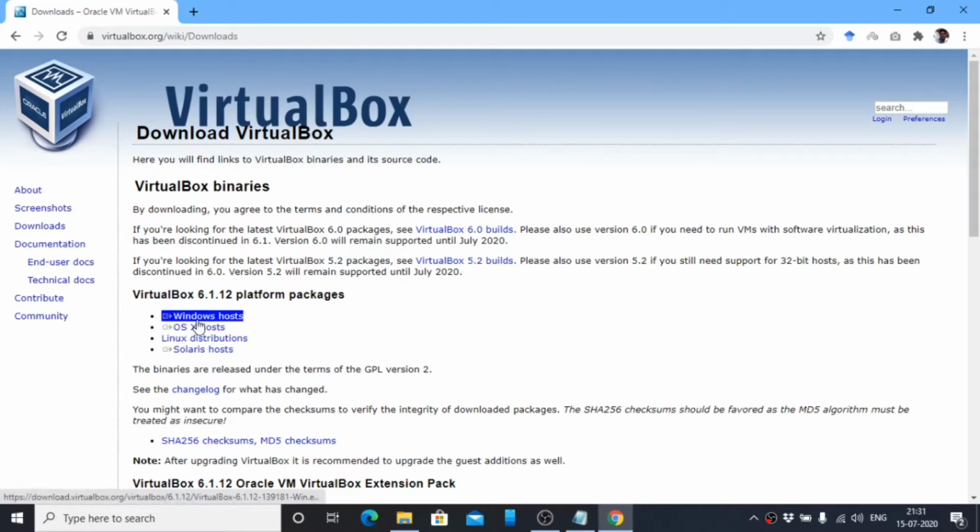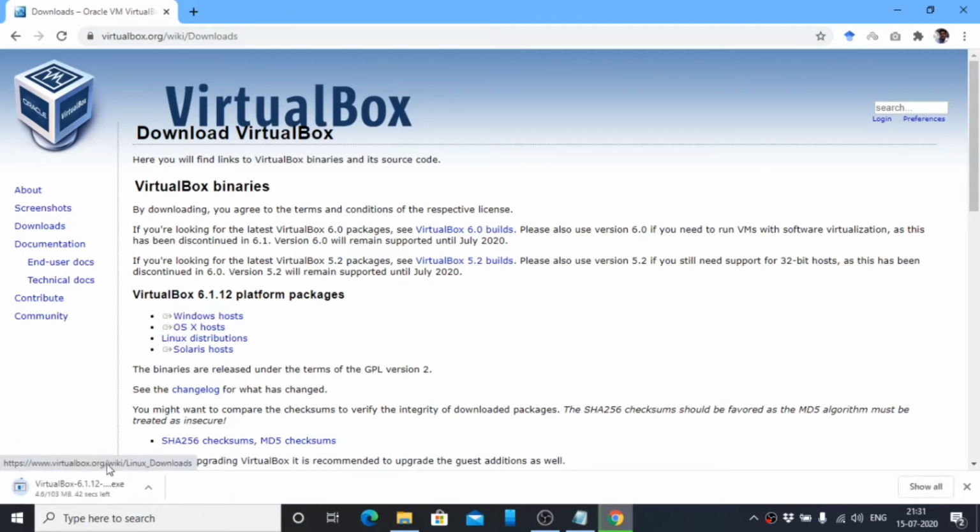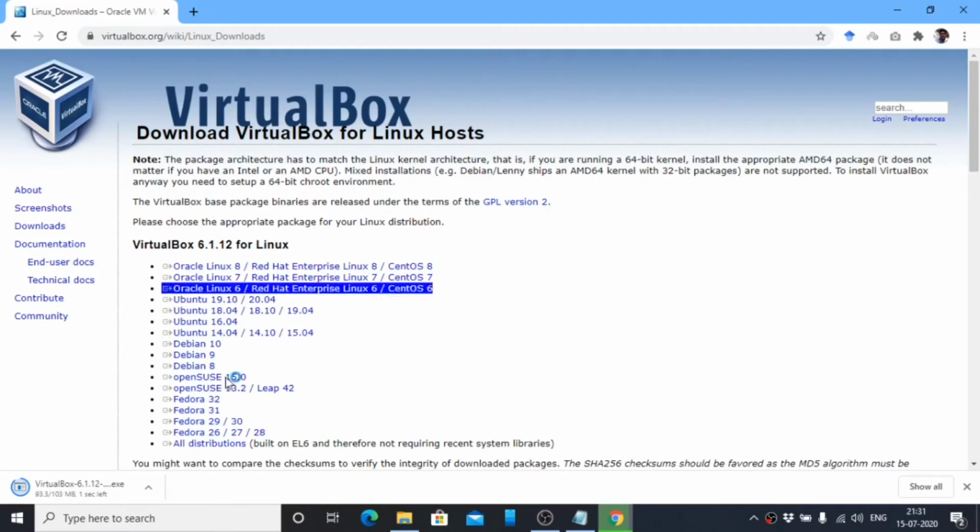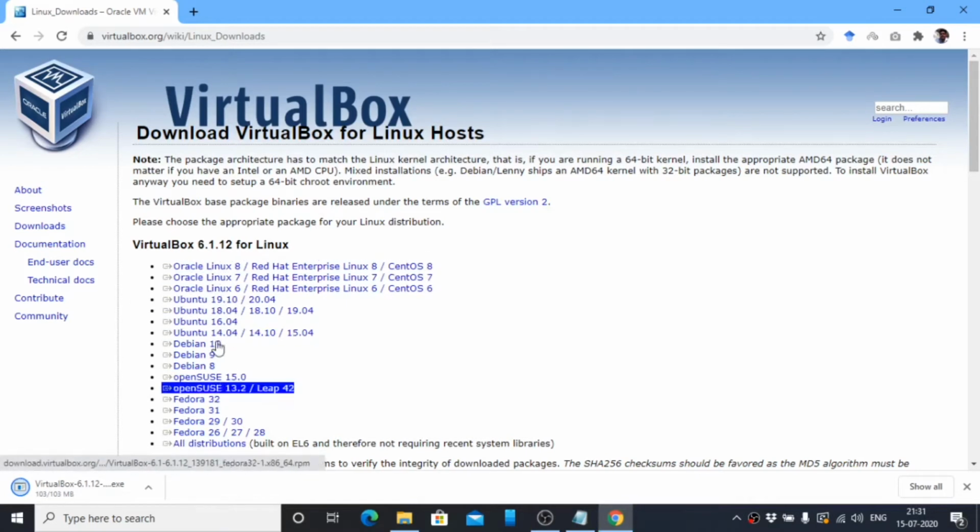Click Windows hosts and it will be downloaded. You can see this exe file. In case you are on Mac OS, you can download the OS X host. If you are on Linux, you can try these distributions. There are so many distributions; whichever OS you have, you can download accordingly. Since we are doing this on Windows, we are using this. So this is the VirtualBox software.